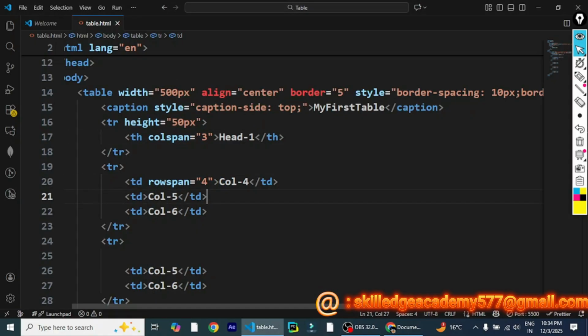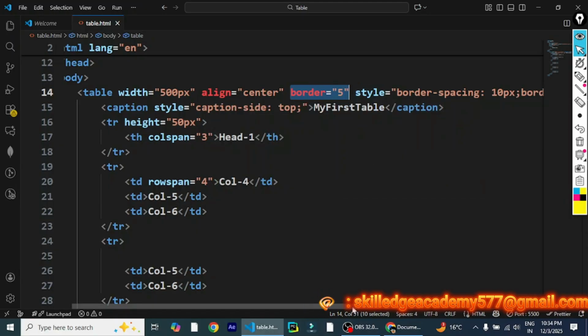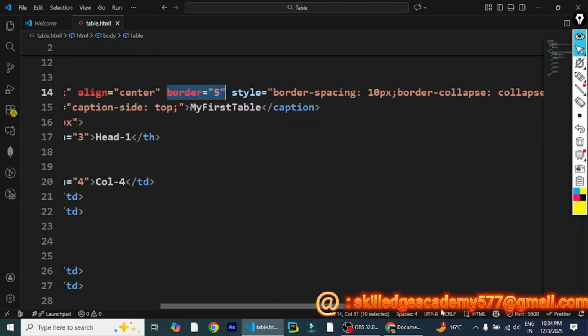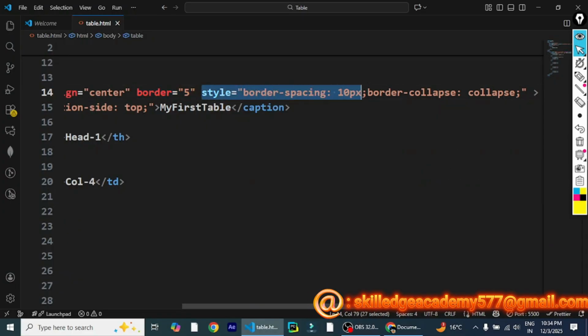So this is all for this lecture. In this lecture we have discussed how to create a table in HTML, and how to create rows and columns in that table. We have also discussed the various styling, that is how to decide the width of the table, how to align the table, and even the border of the table. And we have discussed some CSS properties, although those will be discussed in detail when we do CSS. We have discussed border spacing, border collapse, and even